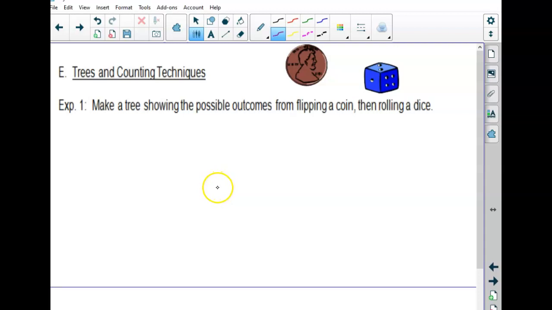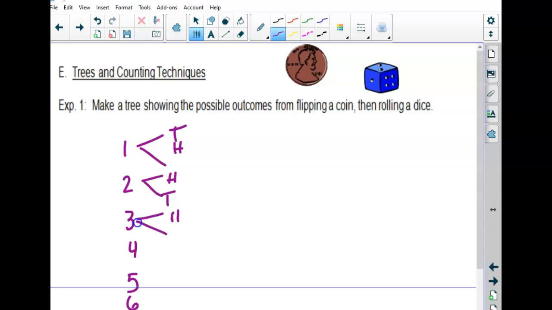I'm not going to ask you a tree. We talked a little bit about this yesterday. You could do this one of 2 ways. If you're going to flip a coin and roll a dice, why don't you let me draw them and then you decide which way you want to write it on your paper? You could go, I'm going to roll a 1, 2, 3, 4, 5, or 6. And then off each of those, I'm going to do heads or tails. Okay, I don't know why I went heads, heads, tails, tails, heads, whatever. All the way down. Or you could do a giant, I'm going to roll either heads or tails, and then